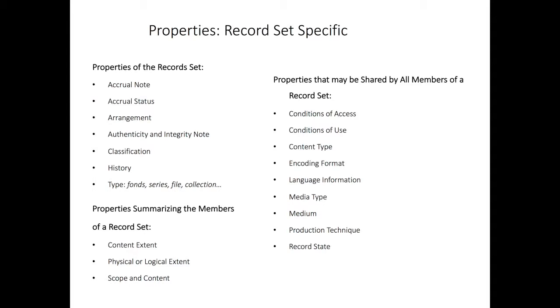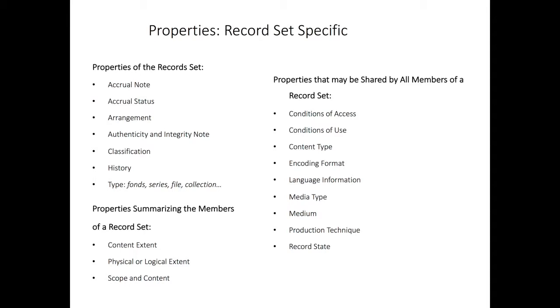We also have the ability to categorise a record set in terms of its nature or level of aggregation. This then is where the ICA-G levels would be found. So the value for this might be fonds or series or file, or indeed it could be collection or something else, accession. Then there are the properties summarising the scope, content and extent of the members of the record set. And finally, given that a record set is by definition an aggregation where members may have one or more properties in common, any of the other properties for a record may be used to describe a record set where they are shared by all or significant numbers of that set.